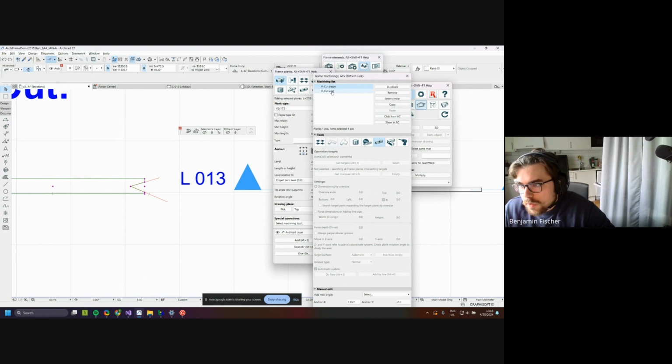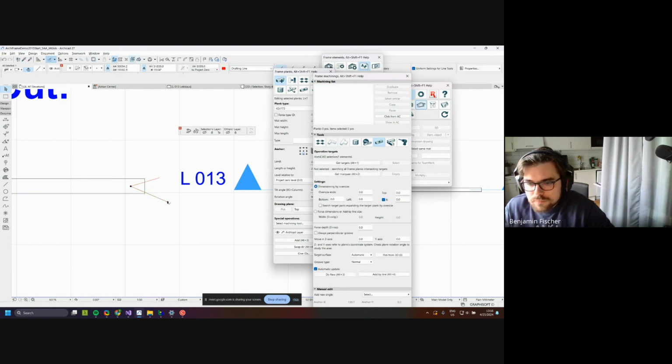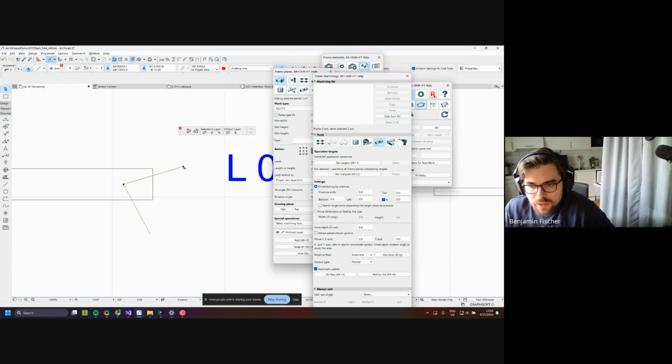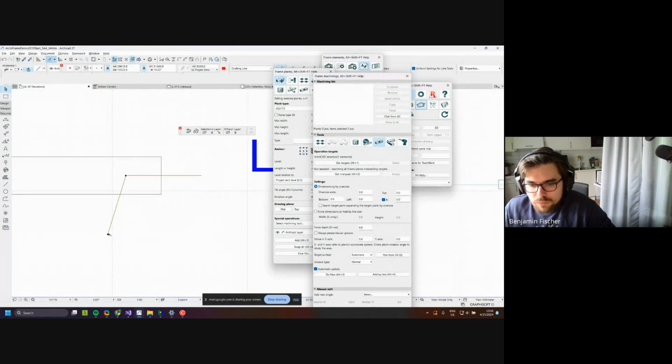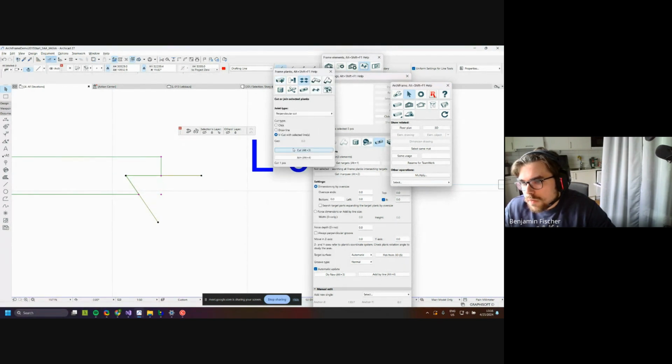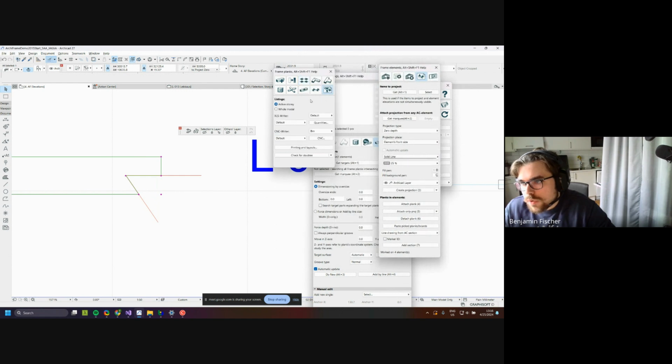So I can remove the V-cuts first. So if you have one line that is completely straight and one that is less than 90 degrees, well, this one will work, but if you put it here and create a V-cut and then try to export it